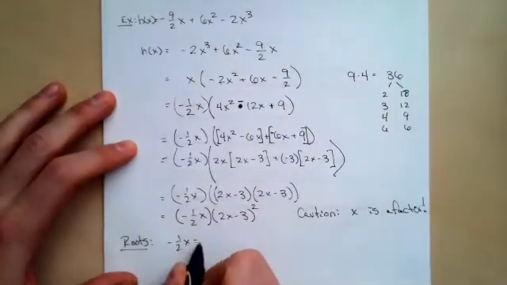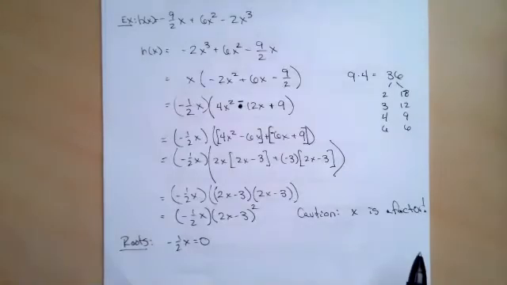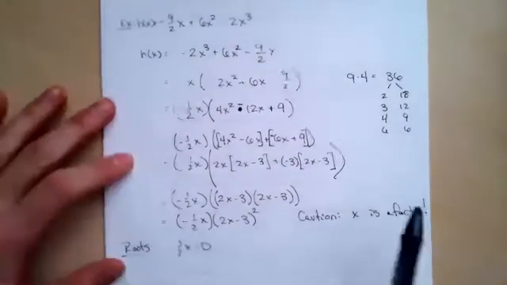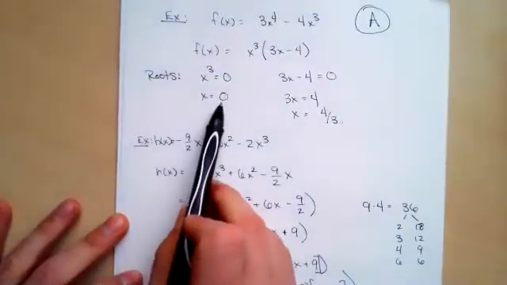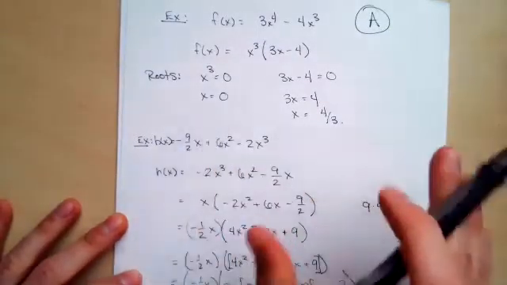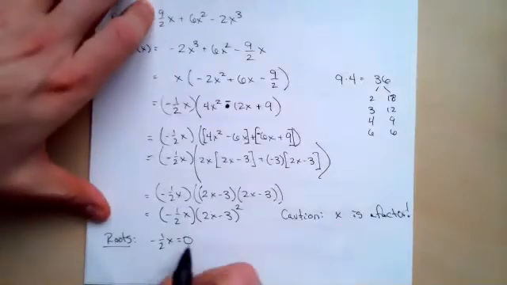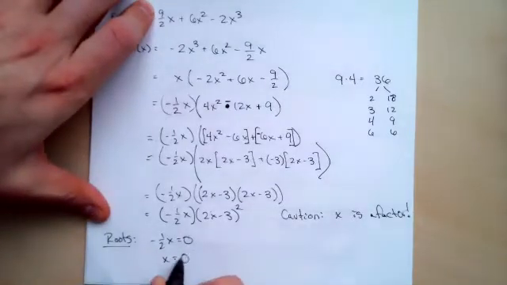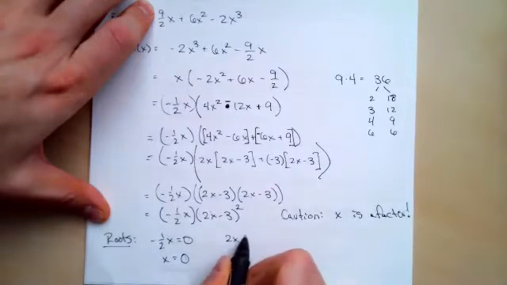-1/2 x equals 0. Anytime I can factor out an x from the entire polynomial, or an x squared or an x cubed like we did in the previous example, we will get 0 as a root. Easy one to forget about. A lot of students will miss that. So always remember to get that, and of course it'll give us x equals 0 as a solution to that equation. The other equation,